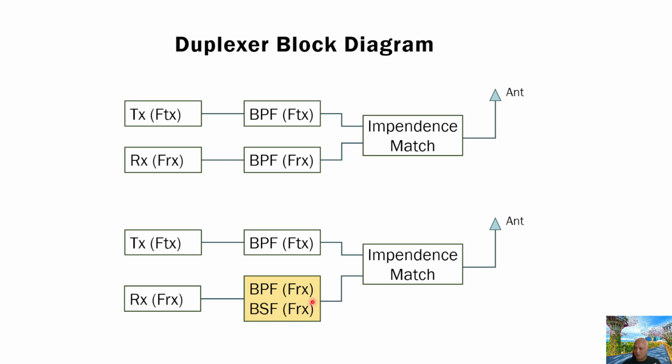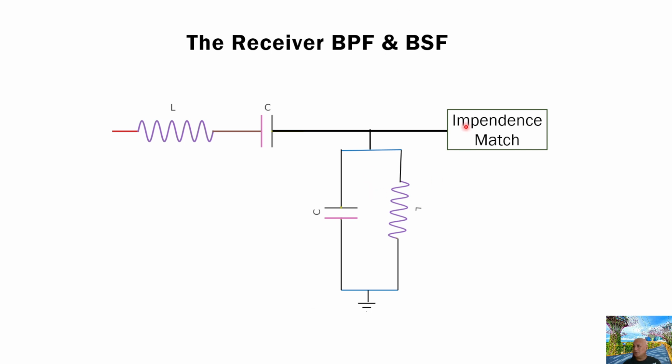Let's see how the circuit is formed. So we can put it this way. This is a series resonant circuit for the receiver frequency, so the received signal can pass with very low insertion loss here to the receiver here. And then here is a band stop circuit for the receiver frequency also. So the received RF signal will not come to here to the ground, it will stop going to ground.